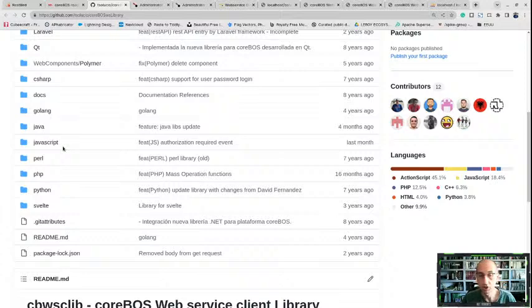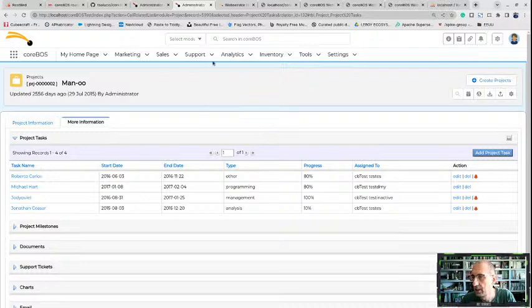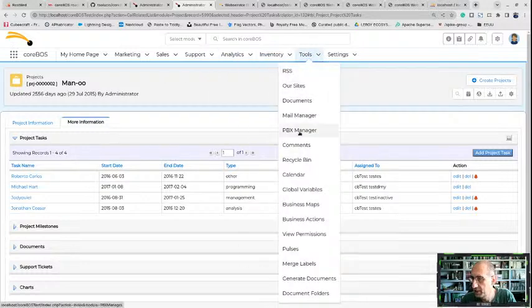Okay, I'm going to show you an example of that with JavaScript. We have the library in coreBOS, so I'm going to load that library and I'm going to access the coreBOS web service API through JavaScript using the library. We're going to do a query and we're going to test that. So I'm going to come over here to my coreBOS and I'm going to go over here to the business actions